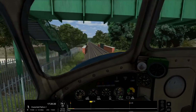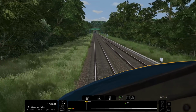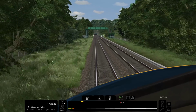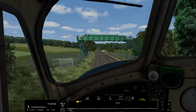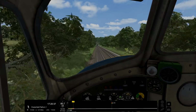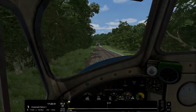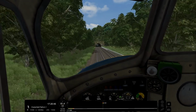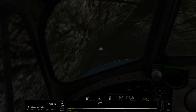Very nice. Under a bridge. Yeah, I like it. It's a nice route. I've driven it a few times, mostly in my spare time, actually. Just like driving it. It's a nice route. People saying, oh, you know, it's too much money for how long it is. And this is one of the biggest annoyances I have when it comes to price arguments with a train sim,